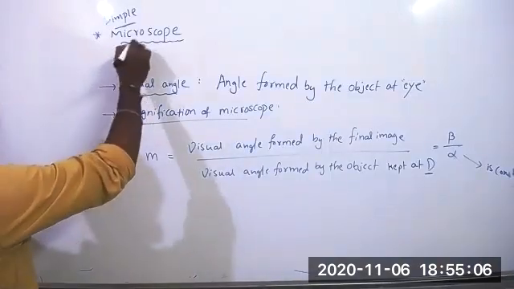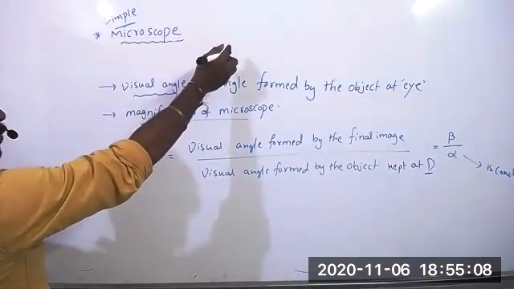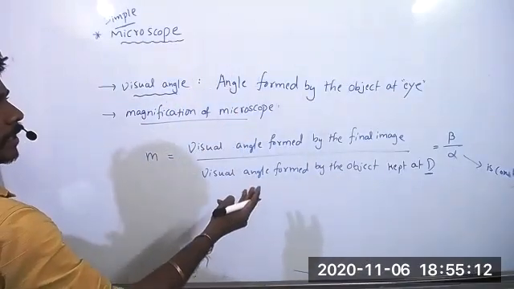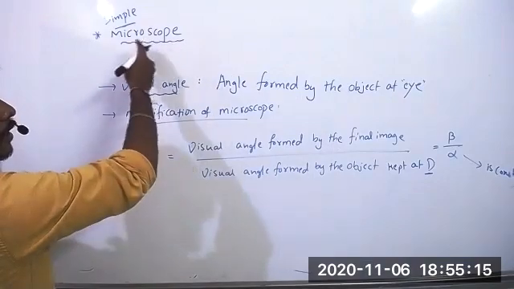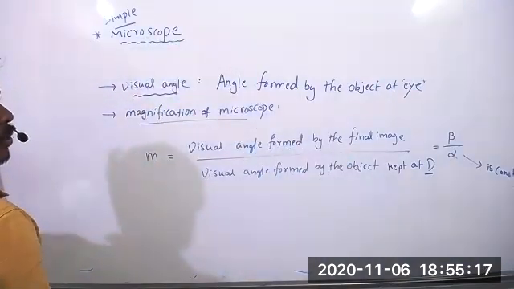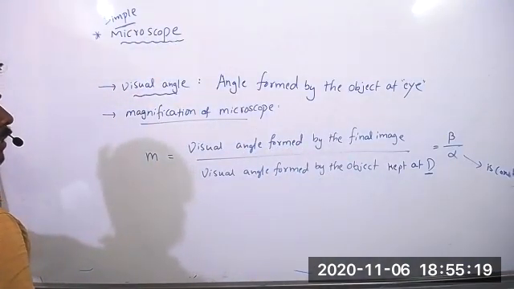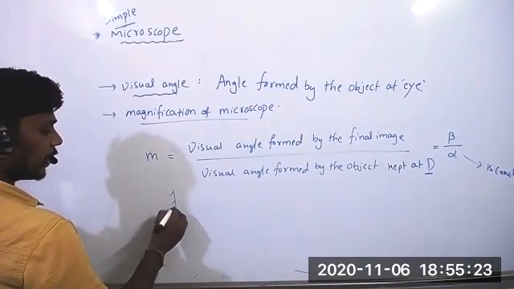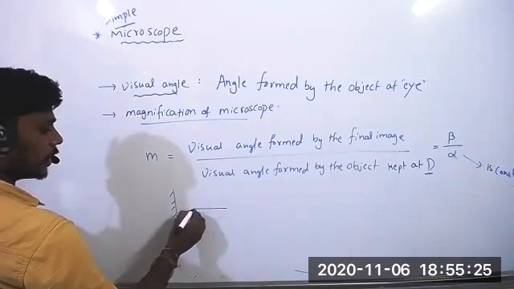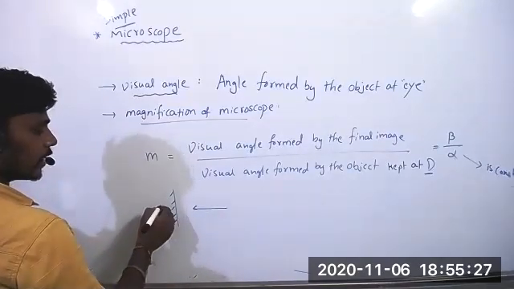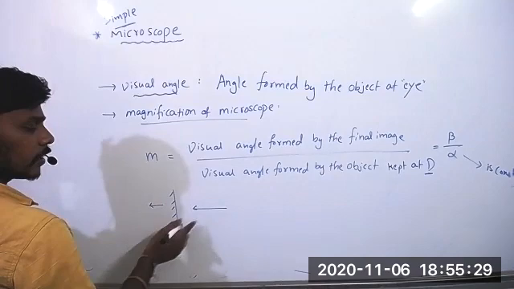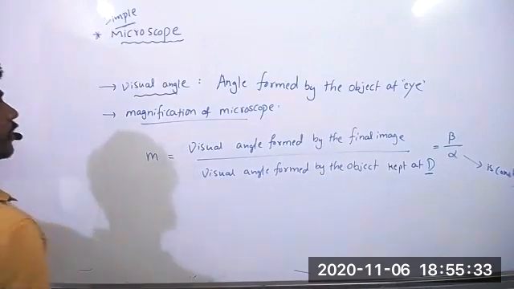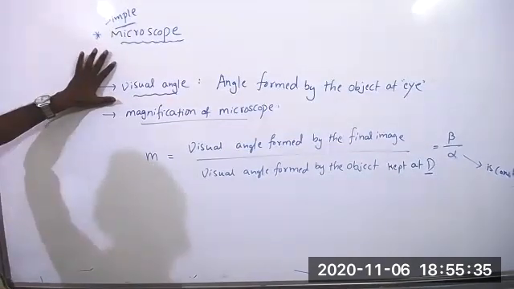I will discuss the simple microscope, compound microscope and telescope. Three things are there, very, very important. In the next class, I will discuss these three things. After that, I will discuss mirrors: when the object is moving towards the mirror, what is the speed of the image? That type of things I will discuss. So remember this up to here.